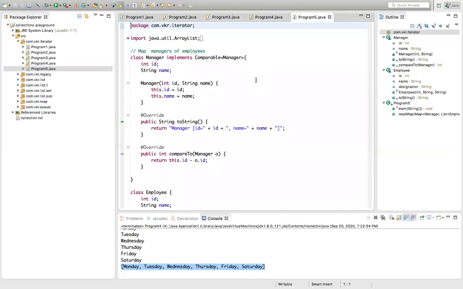Now we have seen map of managers. Managers have some employees. Each and every manager has some employees. That is one example. So I just created a manager class. This is an example of HashMap. So I created a class Manager